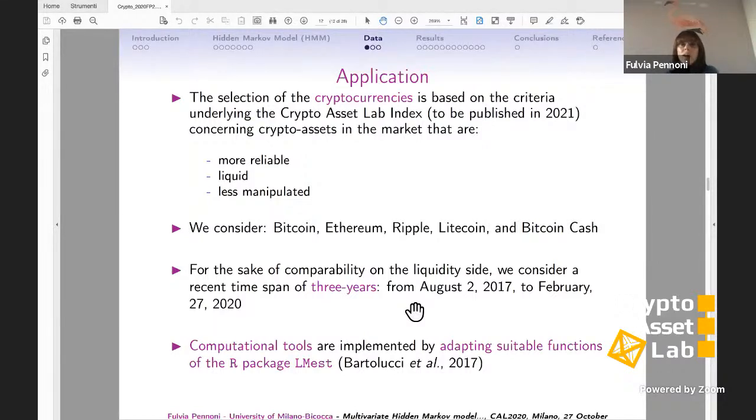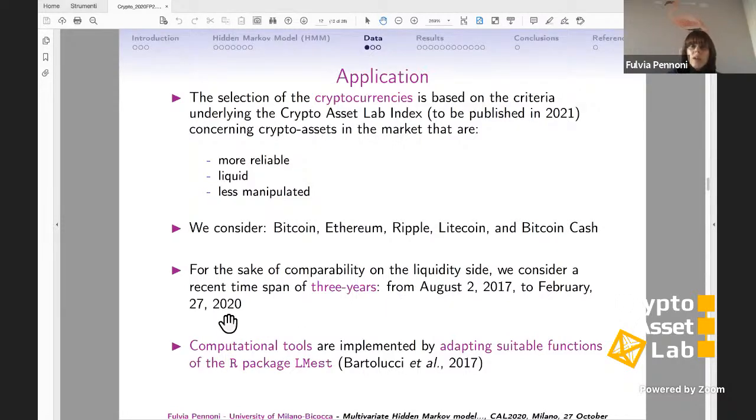So first of all, we considered 5 different cryptocurrencies, which have been selected according to the principle established for the Crypto Asset Lab index. The reasons are that they are reliable, liquid, and less manipulated with respect to the others. So they are Bitcoin, Ethereum, Ripple, Litecoin, and Bitcoin Cash. Another feature is that we are going to use log returns referred to 3 years, starting from August 2017